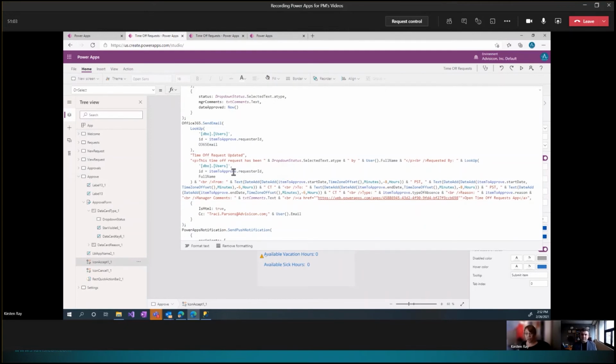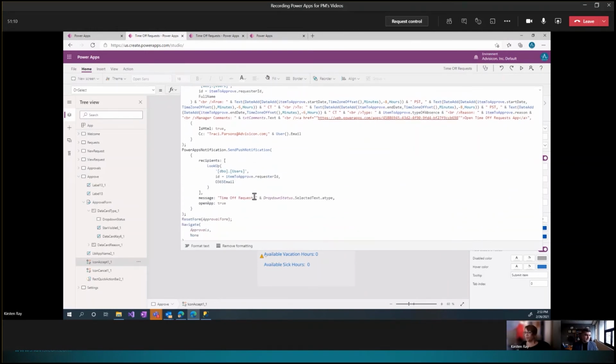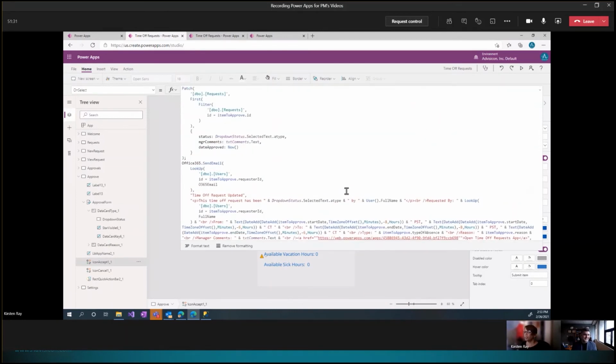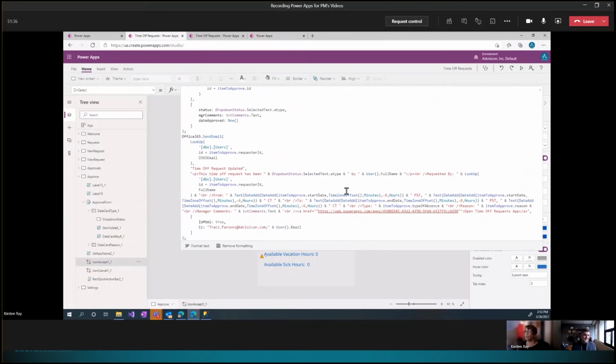So the approver has a copy of what they've chosen, and the requester gets an answer. And then we see that here. Now, once the approval has been made, it then resets the form and navigates back to the approval list so that the approver can then process the next approval that they need to do. So not completely codeless, especially if you need to do any sort of filtering or any sort of automation, but